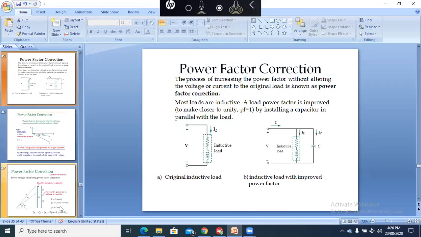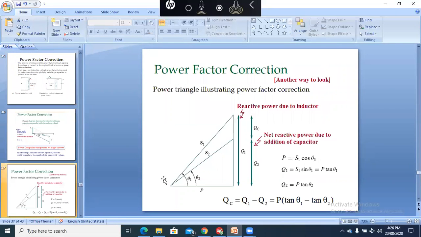So for the power factor correction, we install capacitors, and we have to find the value of the capacitor for the improvement of the network